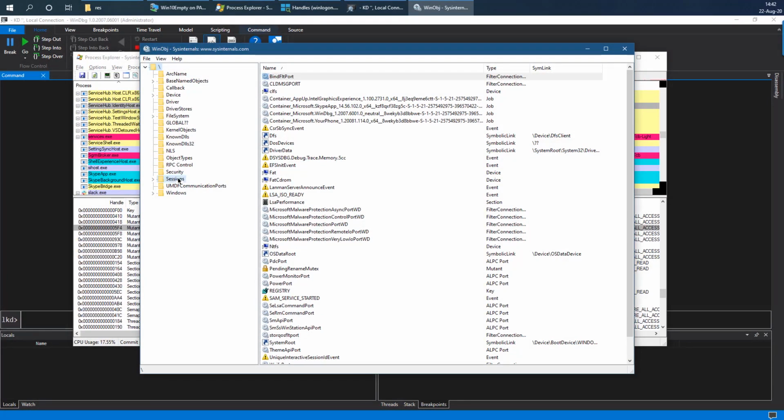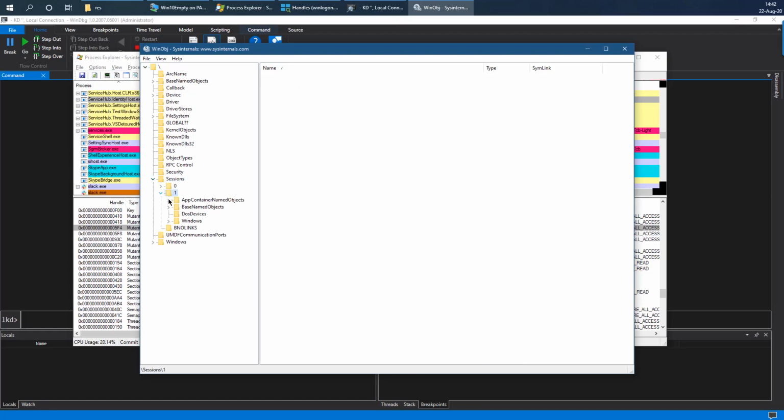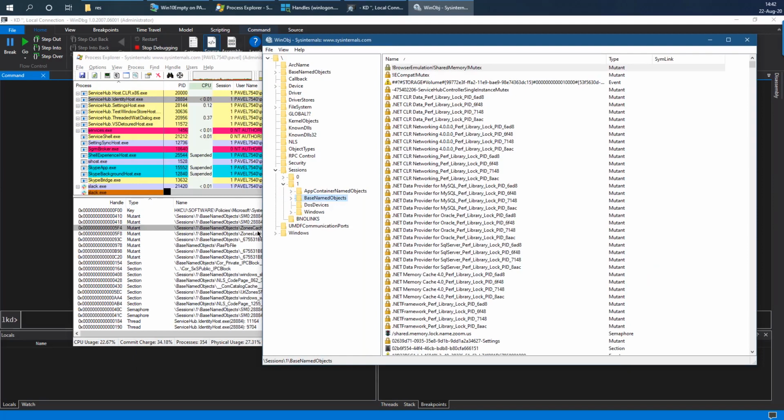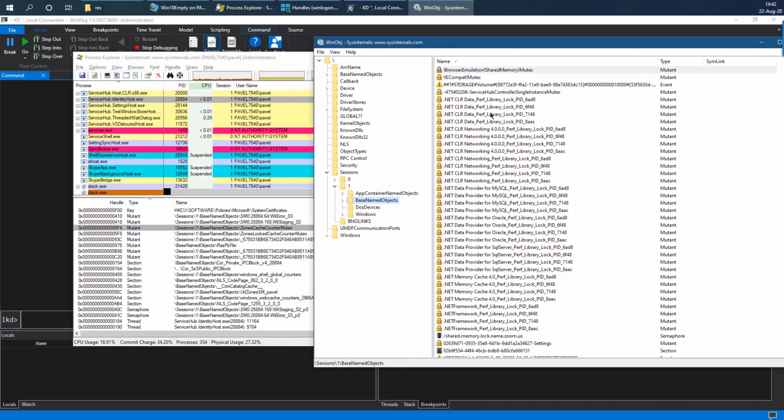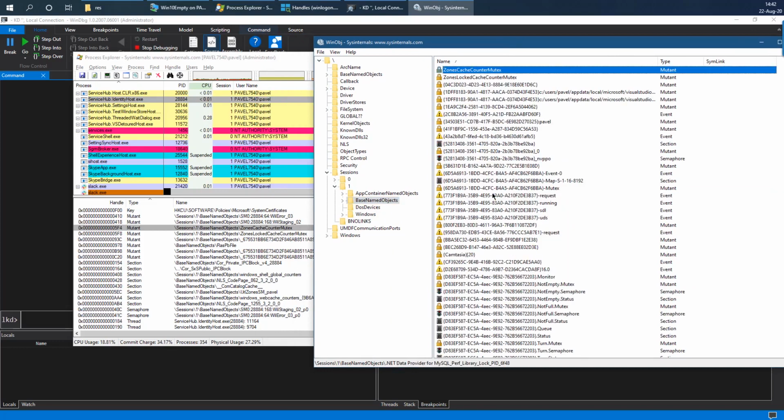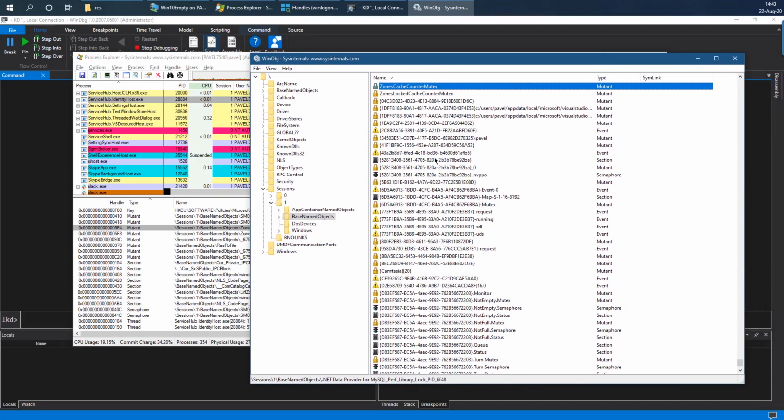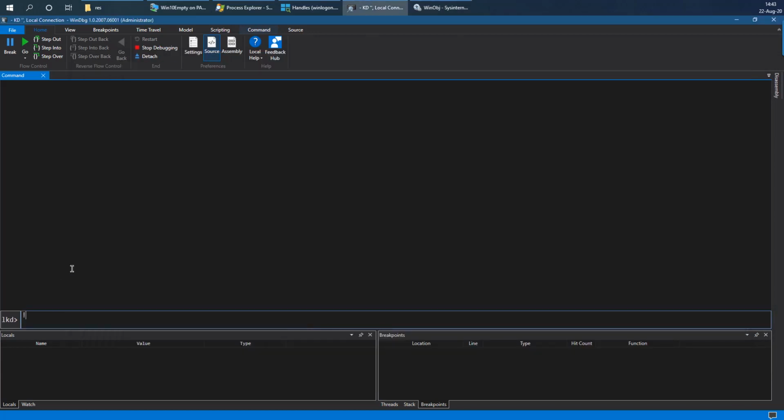And here I can go ahead and look for sessions1 and base named objects for that particular mutex. In this case, these are all kernel objects created by processes in session number 1. This is the purpose of this directory. So if I go and look, I can see that in fact this is the zones cache counter mutex right here, which is indeed in this directory. And so these directory objects are actually part of the object manager namespace and can be viewed with the !object